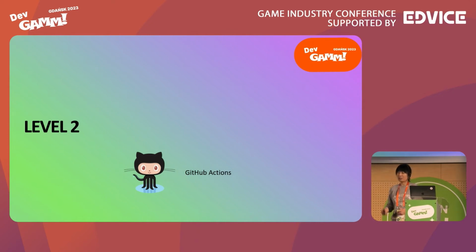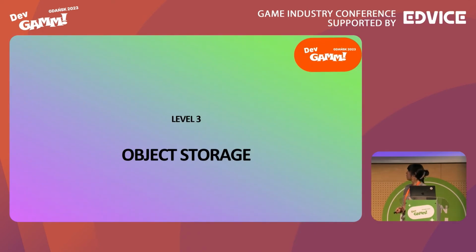So I just talked about GitHub Actions in level 2. In level 3, I'm going to talk about object storage. And so far, we have been mostly talking about consuming services as they are. So in this level, we are going to move to